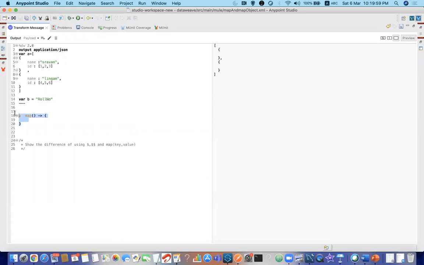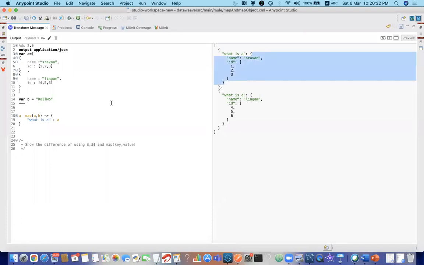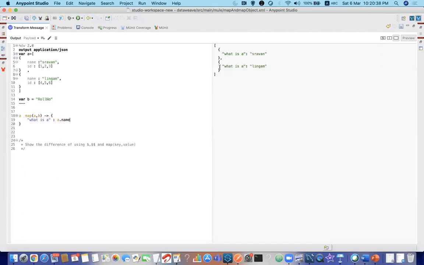From here you can always use this kind of structure and you can pass arguments like anything. Let me put a comma b for now. Understand this syntax. Whatever payload you want to apply on a, then map, you need to pass arguments. Arguments are always passed within small braces, then a dash with a greater than symbol and this thing. Now what is a? If you see, a is acting like dollar, right? If I want to extract the name, I'm using a dot name, just like we did for dollar dot name, right?